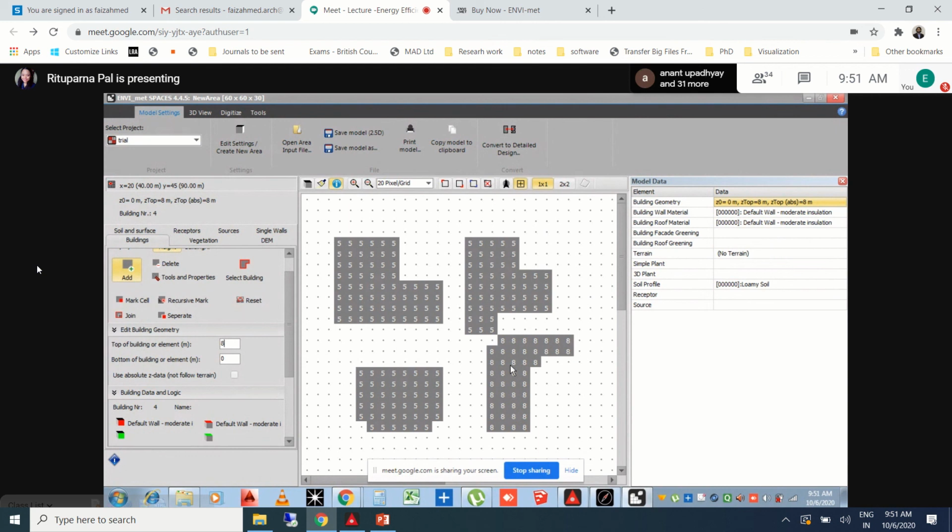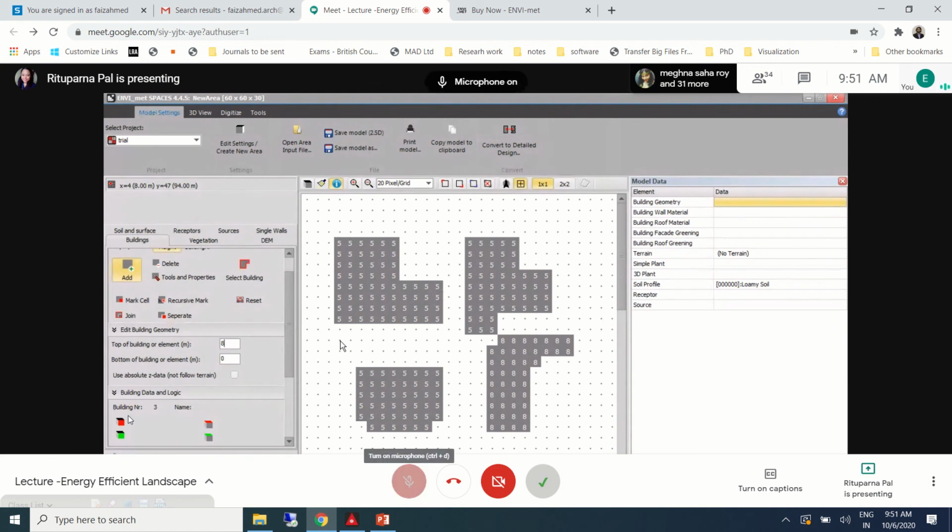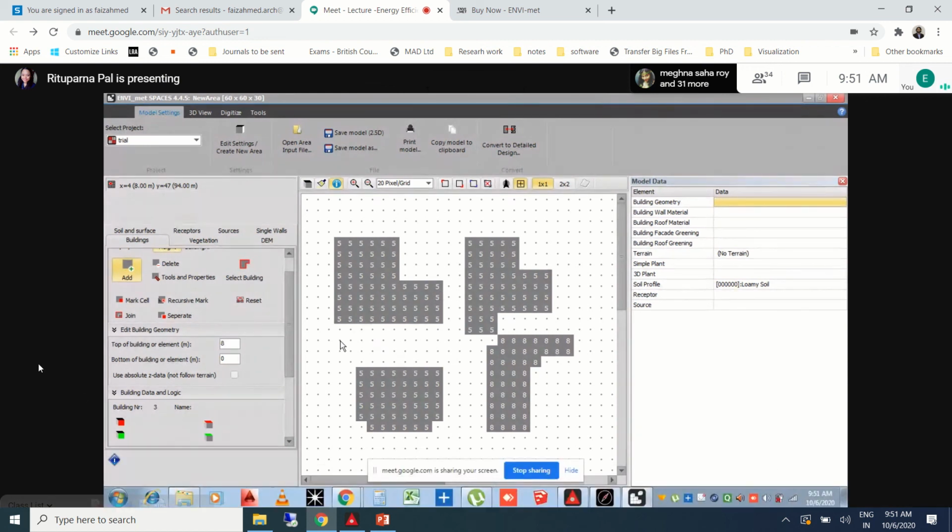Ma'am, how do we end drawing? As in the cursor? Yeah, you need to click once again. You need to click the left button of your mouse just to exit the drawing. Ma'am, it's not working. Okay, I'll help you.